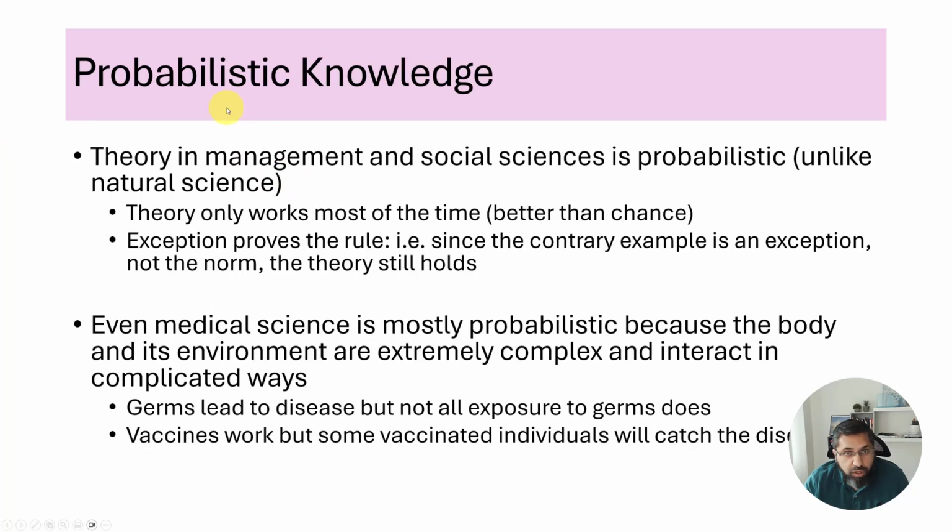Okay, I think the paper does a good job of differentiating probabilistic knowledge, because this is a confusion I see a lot of people have based on their training in natural sciences. Most people study natural sciences in high school, physics, chemistry, and then they use that lens to look at everything else. So in natural sciences,